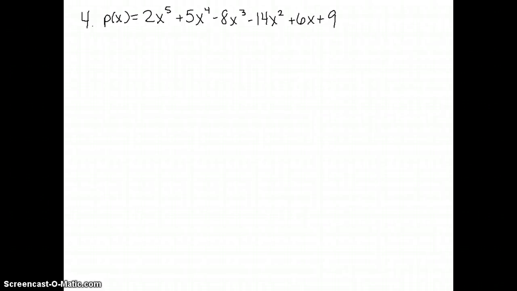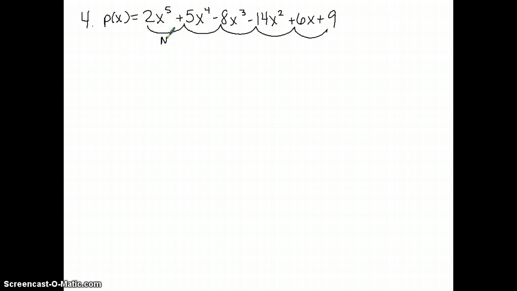All right, so first we have the original equation. The first thing that we're going to do is calculate the number of possible positive roots. We're going to do that by connecting the coefficients. Some people were trying to go too far, like they were doing too many loops, so just go from one coefficient to the next. So from here we went from a positive 2 to a positive 5, so there was